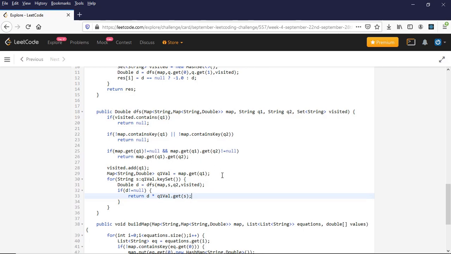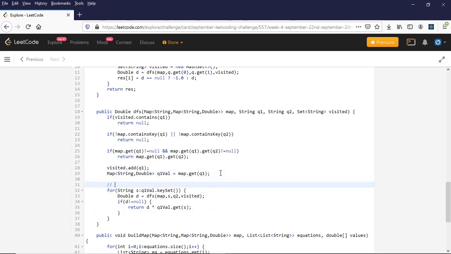So for example, if it is A to B, B to C, right, and we need to find out A to C, right? So we first found out A to B, okay, and then here we are going through all the values of B, right?